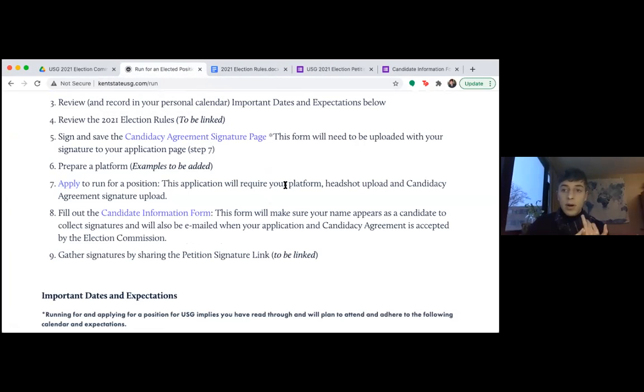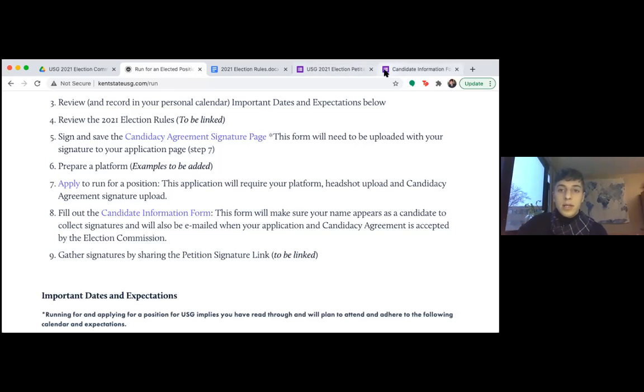So you'll want your platform, which we'll have an example above. You'll want a headshot. Make sure you get the formatting right. If it looks awkward when the file uploads, feel free to change it, edit it, and you'll want to include that candidacy agreement. If anything goes wrong or you want to revise anything, including your platform, please email me. We'll reopen your application and allow you to edit it. It is totally acceptable to do that. I did it myself. I put in a small platform at the beginning and then I wanted to extend it, and so I did that later on. Again, we'll have examples for that too.